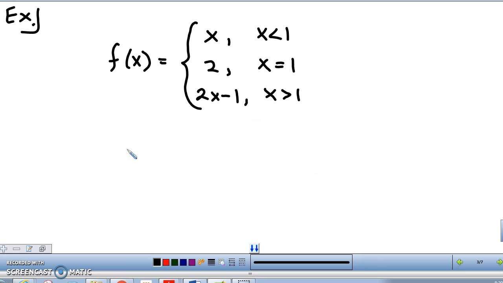Okay? So here we know that f of 1, not f of 2. Now, f of 1 is when x equals 1. So for f of 1, we are looking at 2. So f of 1 is equal to 2 based on this piecewise function. Now, before we can answer the limit as x approaches 1, we got to ask ourselves what's the limit